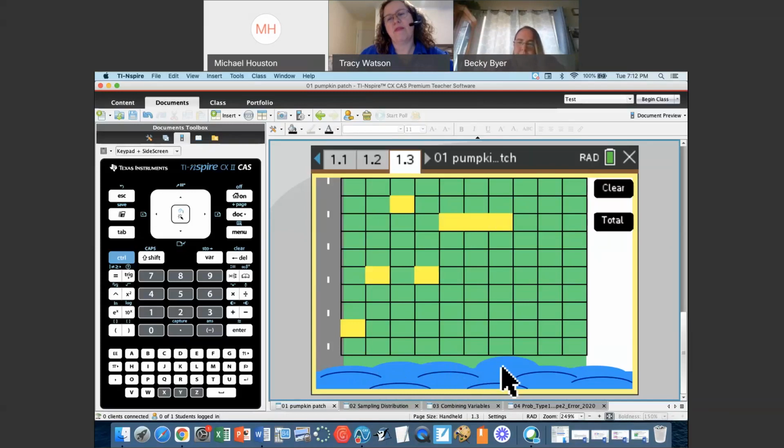So now I'm clicking on the water area to get a random sample of the columns, and I get a total of 237. Why might rows be a little bit better than the columns, thinking about the situation that we have? Someone want to put that in the chat? I'm liking doing the rows better than the columns.